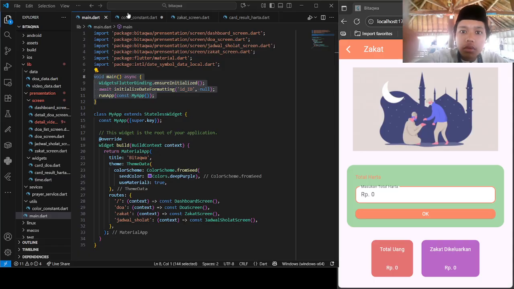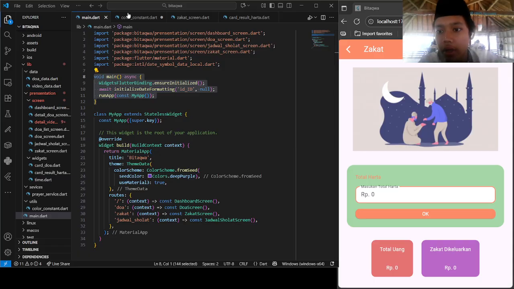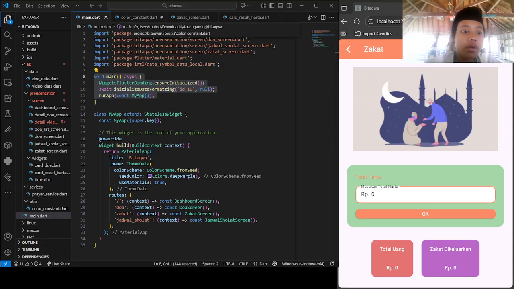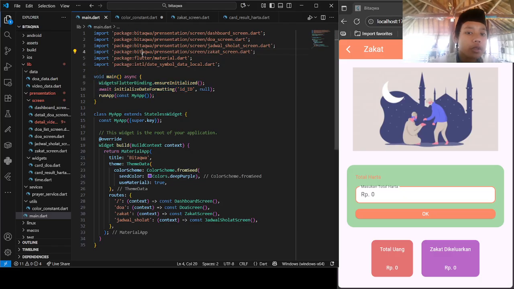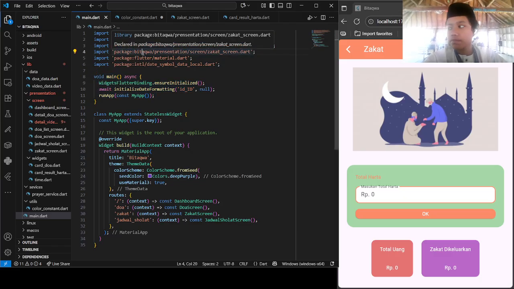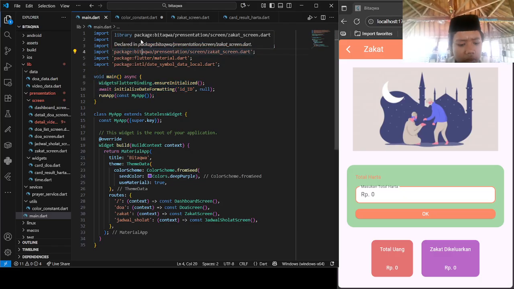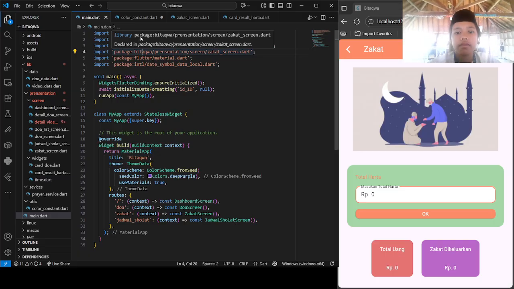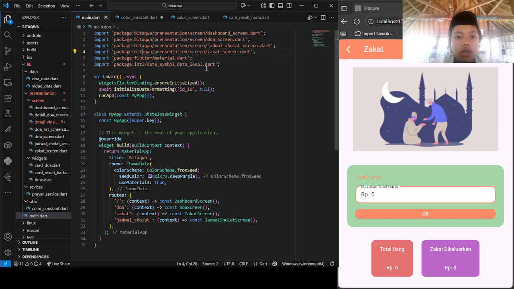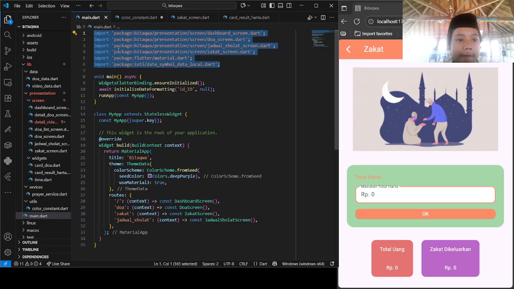In this occasion, I'm doing a video about my project called Kitakwa. It's an application built using the Flutter framework with the Dart language. And I will explain the video and code. So, what is this? That is the section of main Dart.